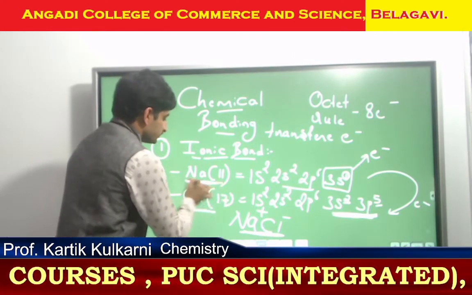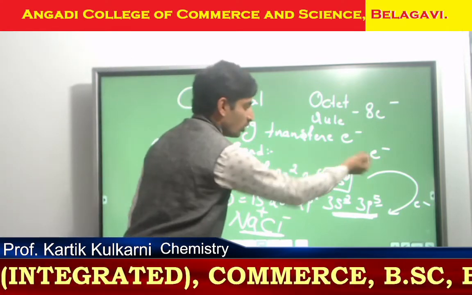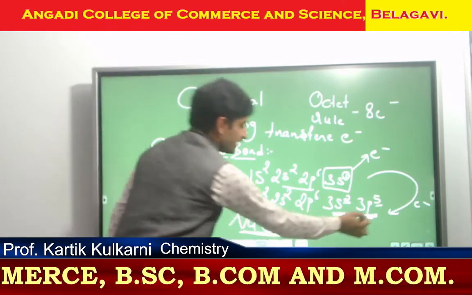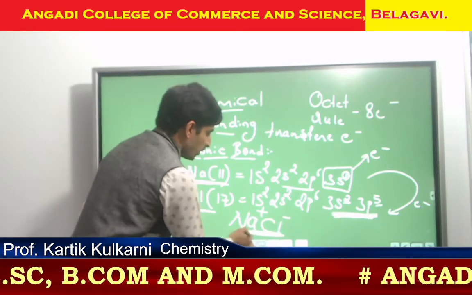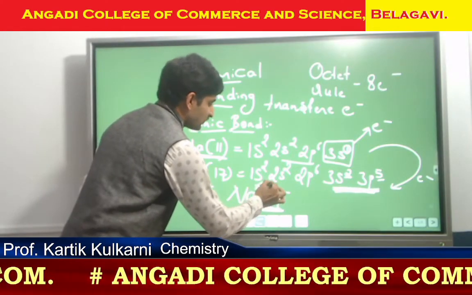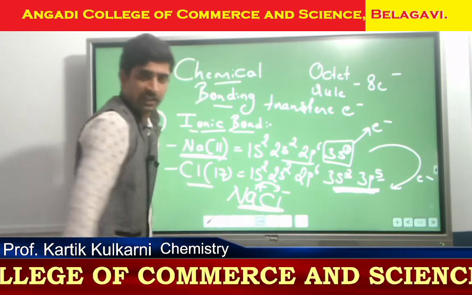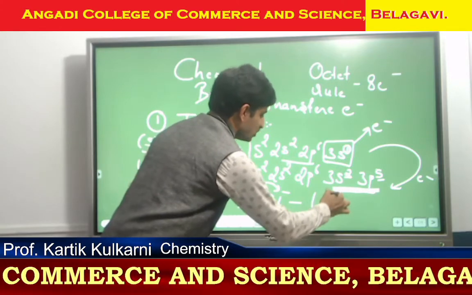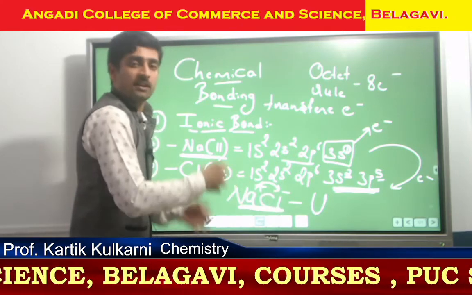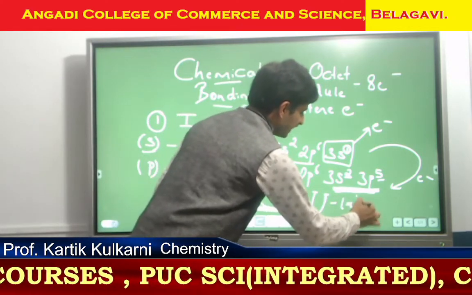The atom which has low ionization enthalpy is going to donate an electron, and the atom which has high electron gain enthalpy is going to receive the electron. By this combination, a new compound is formed, sodium chloride, where transfer of electron has taken place from the electropositive atom to the electronegative atom, which leads to the formation of an energy, the conversion of solid into gaseous element. This energy is called lattice energy.